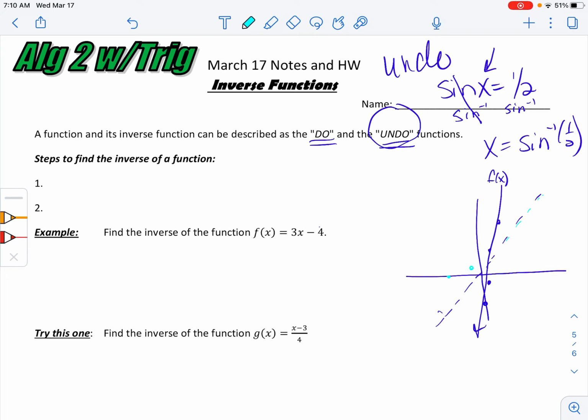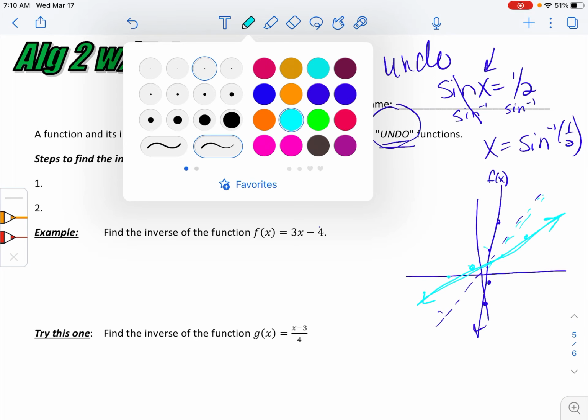So these would look, so this one, and then this one would be just about the same, and this would be about the same distance. So if we put these, I'm not drawing a very straight line, but if you put them in over this line, if you could fold your calculator, they would be mirror images of each other. They're really undoing. Okay? We're going to get to that part later. I just didn't have a lot of time, and I didn't want to confuse you yesterday. Okay? So,